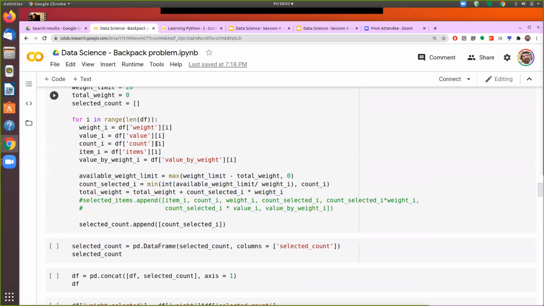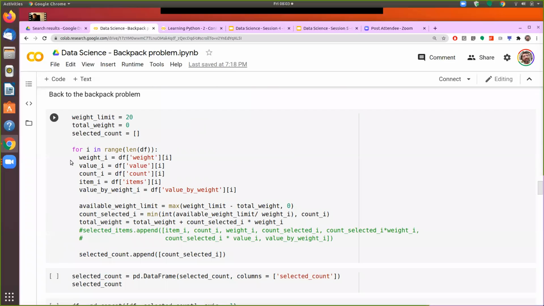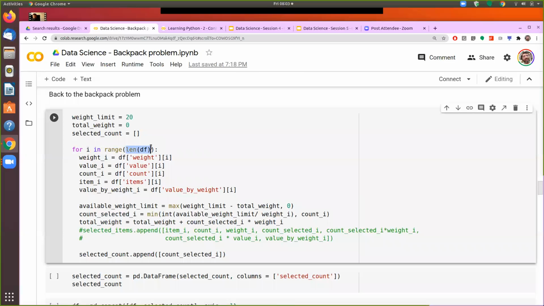That is what we were coming to, our for logic. So we are saying here for i in range length of df, it means that for every item in my data frame, perform the following operation. It means that whatever is now the command line after the for loop, it will go and execute lines one by one. So first we are just assigning the value. It is saying that take the first element in the column weight and then assign that to a variable weight i. So I am just storing these values to different variables.